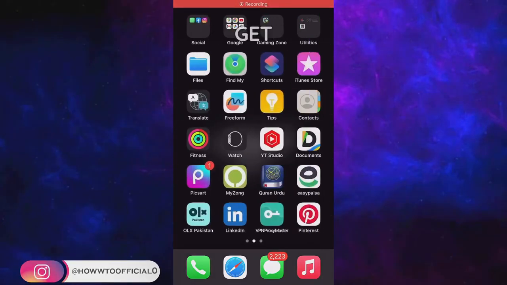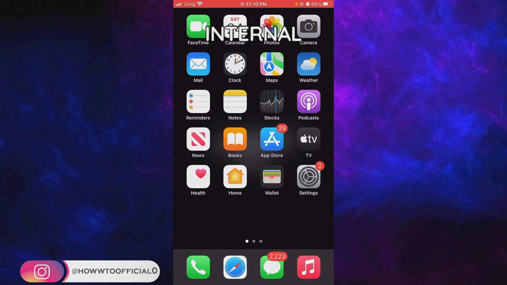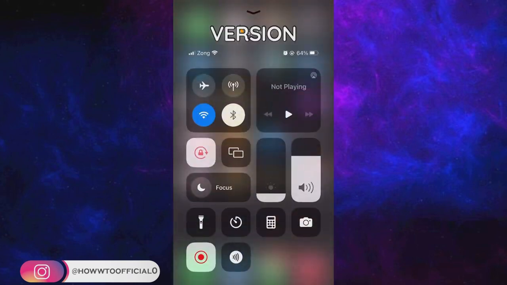So let's directly get to the point: how you can record the iPhone screen with or without internal sound and with or without external sound. For doing so, you first of all have to swipe up. If you have any version of iPhone from iPhone X onwards, you have to swipe down, and you